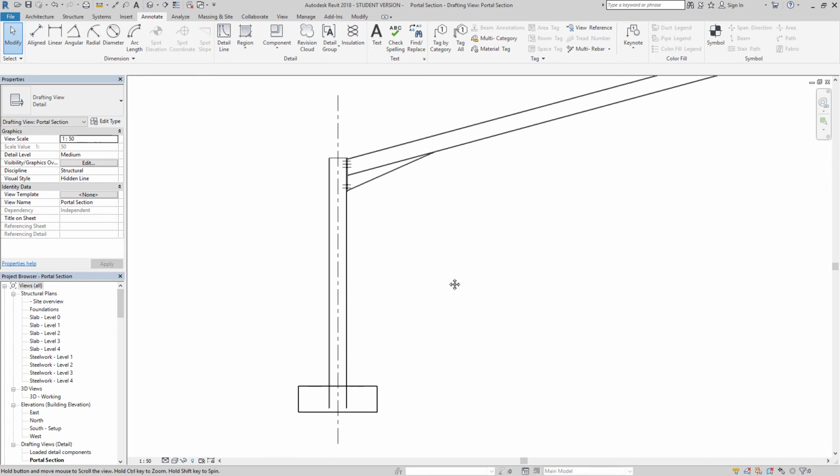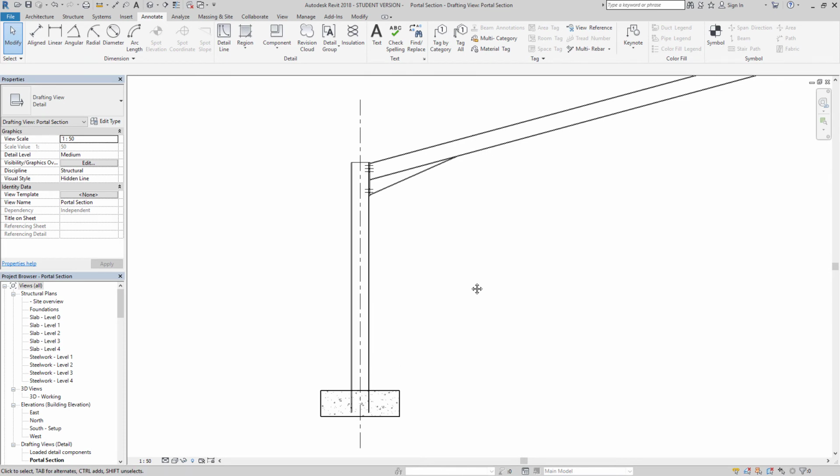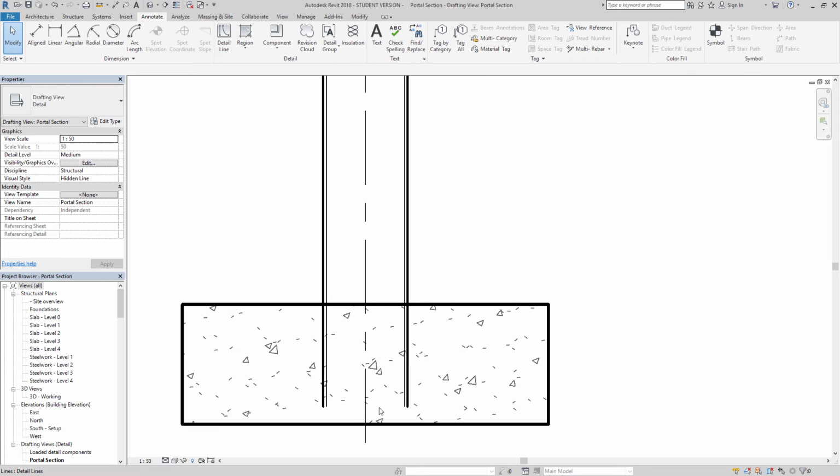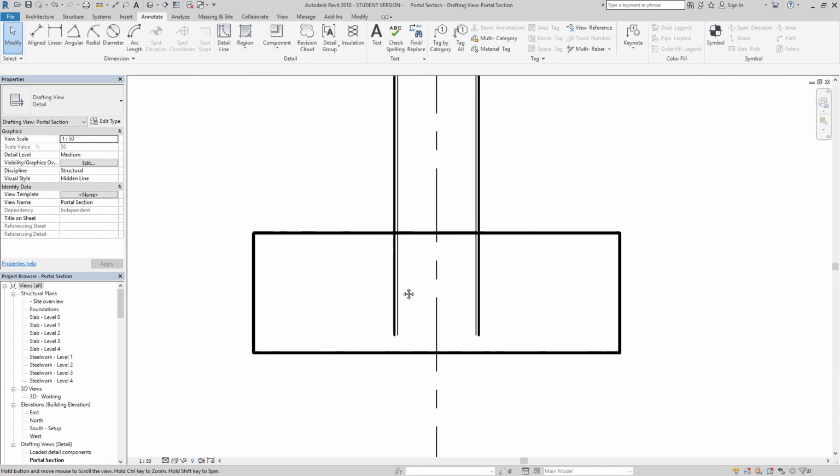You'll notice that I'm only working on one side at the moment. That's deliberate because we can mirror everything we've done. Once we've sorted out one side, we can mirror it all about the centre line, and that will duplicate it on the other side. But before we do that, we need to complete the detail of the column to foundation connection. So if we scroll in, zoom right in to the foundation,